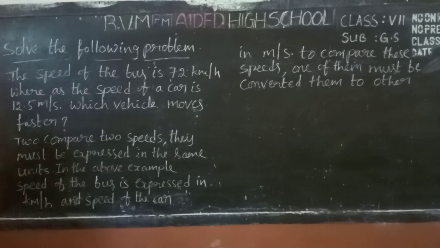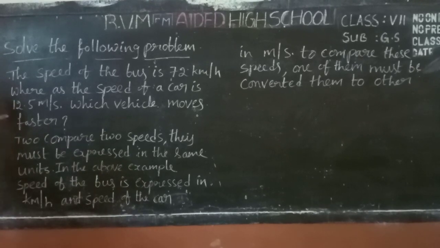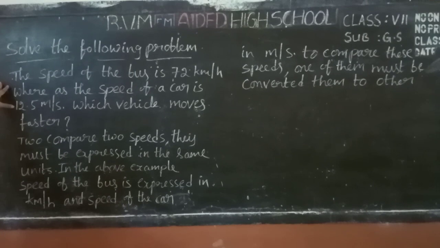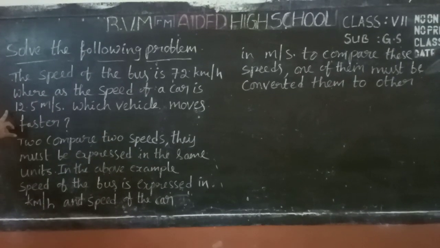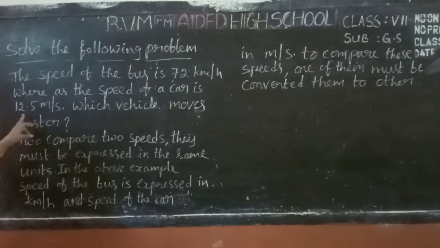Let us move to solve the following problem. The speed of the bus is 70 km per hour, whereas the speed of a car is 12.5